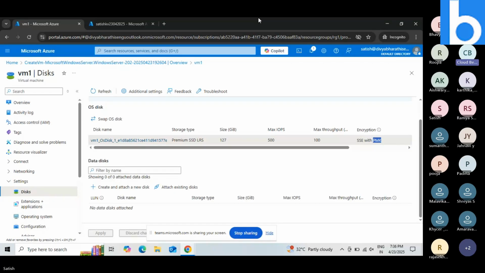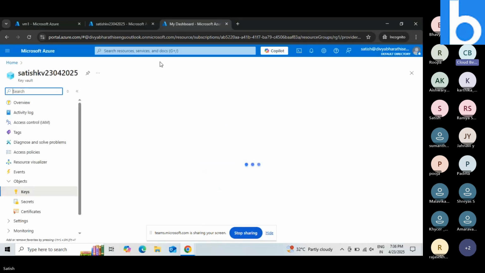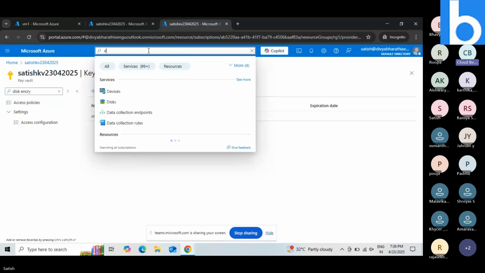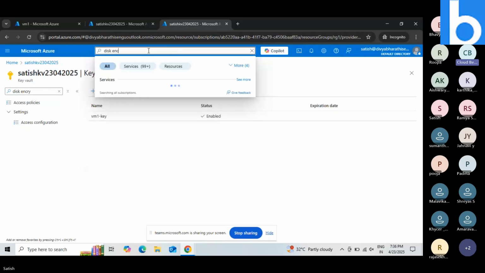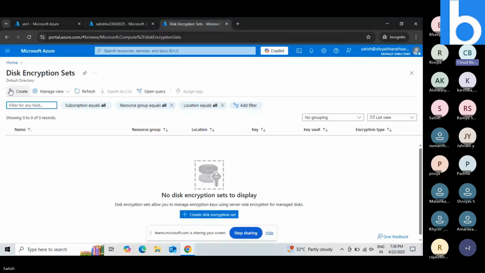Now my first tab is the virtual machine, second tab is the key vault, and in my third tab, I will create the intermediate guy, which is nothing but the disk encryption set. Oh my bad, I should type here, disk encryption set, and I click on the create button,